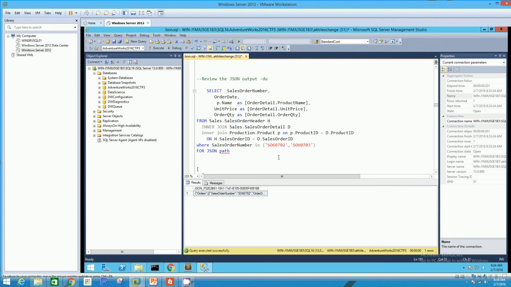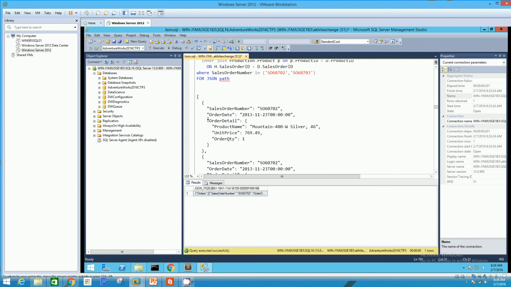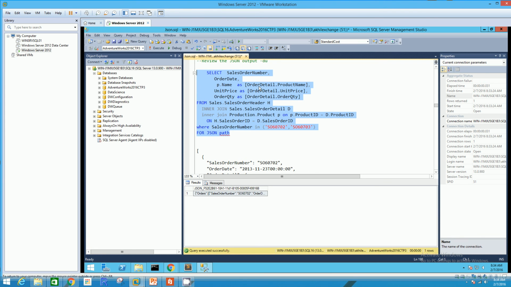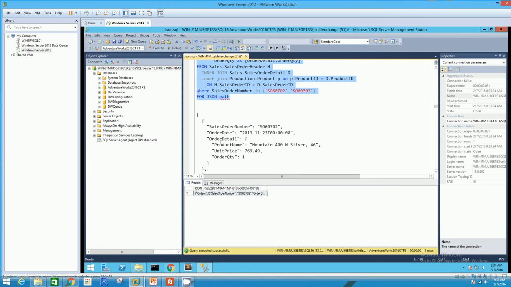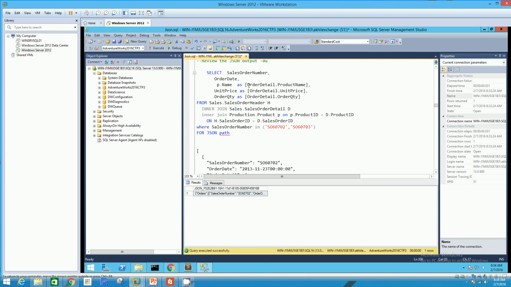So here, just to visually represent what we talked about, how we represent the order detail dot product name and all. You can see here the object contains another object, an embedded object. With that, you have the order detail, with the product name and unit price. You can simply change this into something like, let's say, adventure works. So if I paste this here, you could see a document with